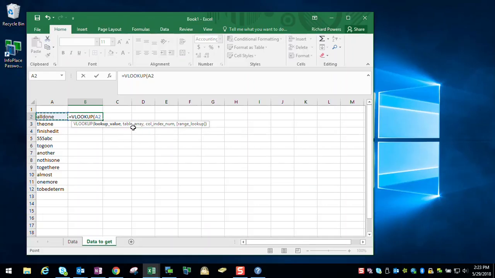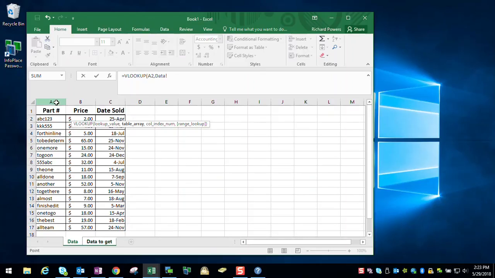Now we want to move to the next section, which is table array. So what we'll do is enter a comma, and you'll notice the comma will come in here, and then it'll move over to the table array in this section here. Okay. Now we'll go over to the table, which is on this data tab. We'll select the table,